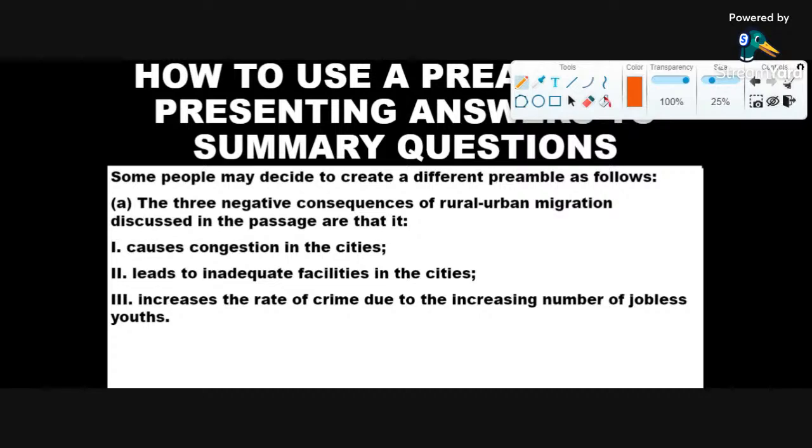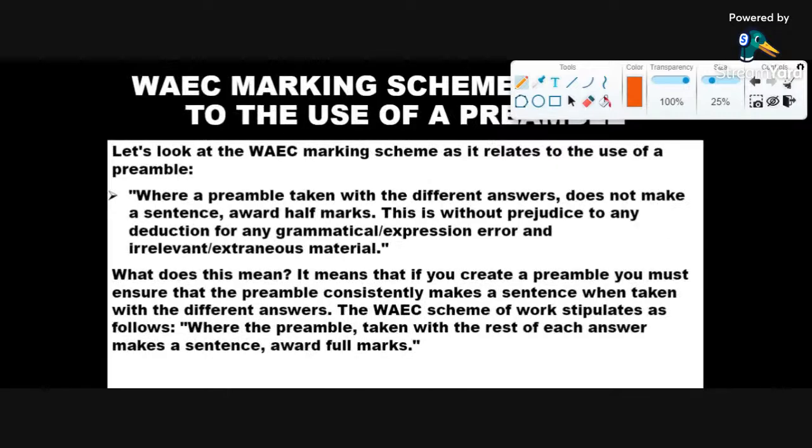Now, let's look at another important thing. We want to look at WAEC's marking scheme as it relates to the use of a preamble. A preamble has actually been explained, and WAEC, as an examining body, knows that candidates may likely use a preamble. They are not saying that you must use a preamble, but if you decide to use one, use a correct preamble and make sure you present the exact required answers that WAEC has asked you to present,